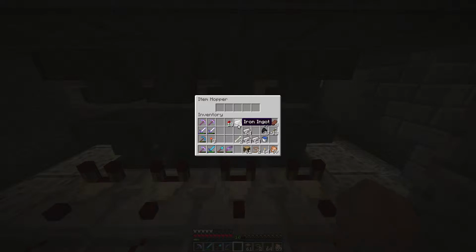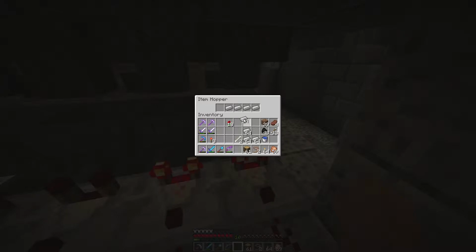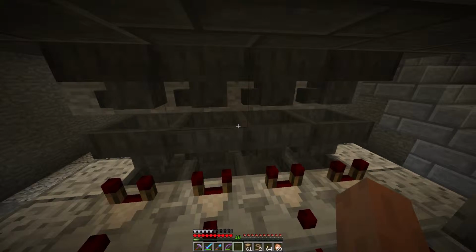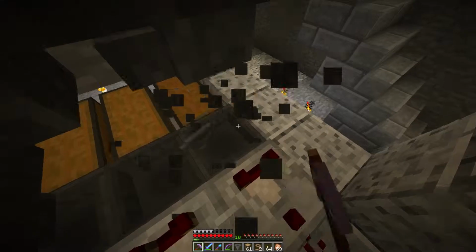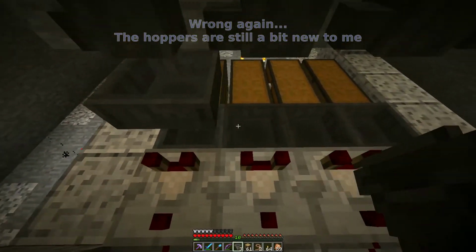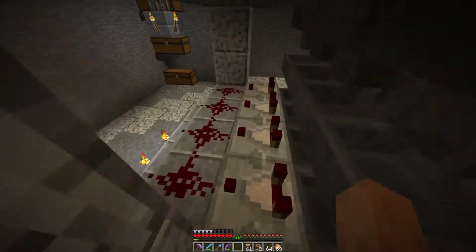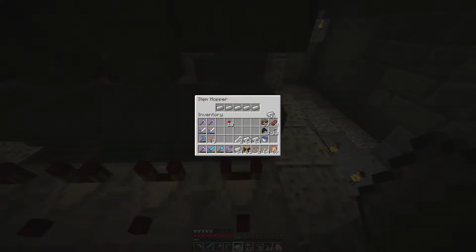Wait, what? That is not right. If I put these there, then... oh, wait. Yes, that is correct. So it was sort of correct, but not quite. They all need to be facing down. You go there, you go there, you go there, you go there. Wasn't that... they were facing this way, right? That's... well, that's wrong for one, but... yeah, that fixes that, okay, and then...